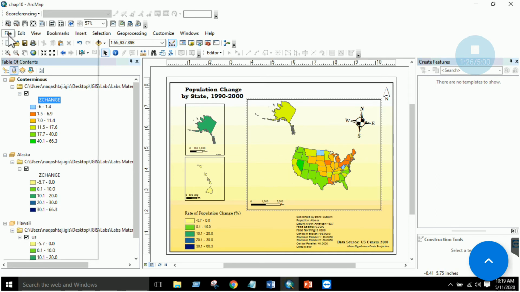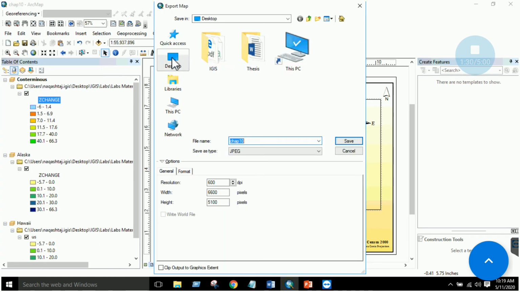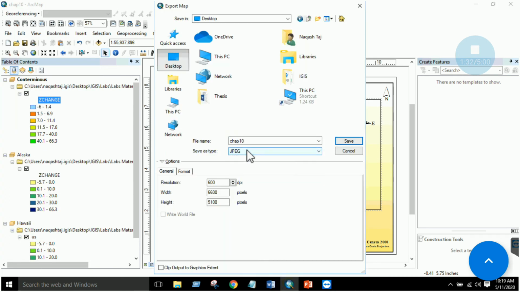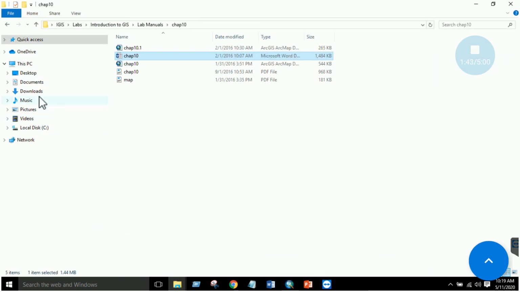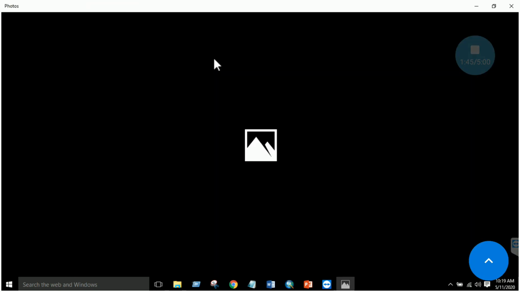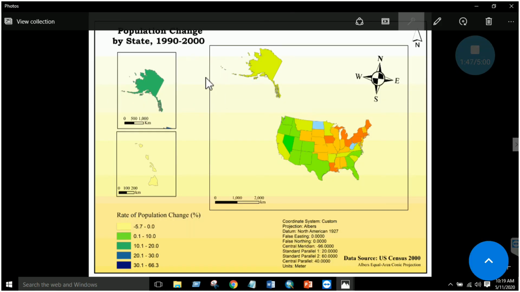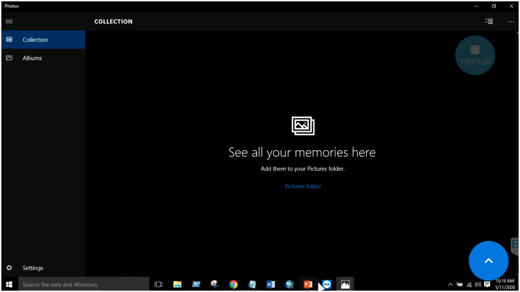After all these steps, once you have completed all the information of making a map, you just have to go to file, click on export map, and for example, I want to save it to desktop as a JPG image of 600 dpi. Click save, your map will be exported. So you just have to go to the desktop now, and in desktop you can see that you will have a map displayed. So these are some basics of map making. I hope till here you are clear.